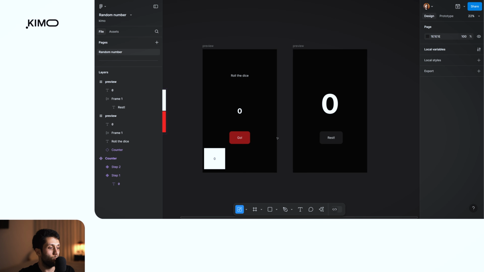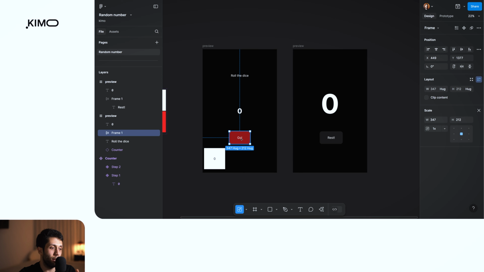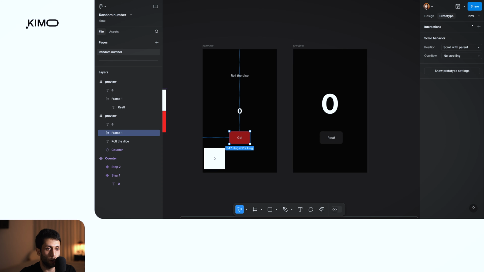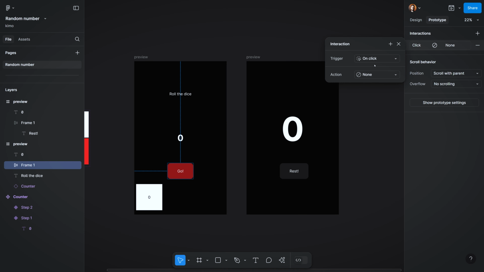And yeah, now we have the counter. We just need an interaction to generate the random number. Basically set the value of the counter to another variable and then show it here. That variable is going to be the random number. You can see that it's connected already. When we click on go, this interaction should happen. So we select the go button, then go to the prototyping panel and create our interaction. The interaction is going to be triggered when the user clicks on this button,